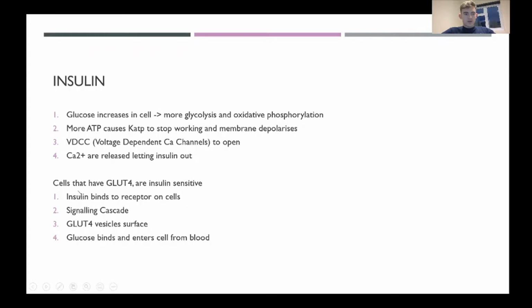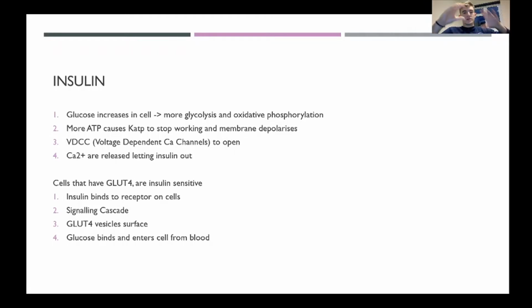So we talked about some cells, such as muscles and adipocytes, having these GLUT4 transporters, which are insulin sensitive. So coming back to that now. What happens when insulin binds to the receptors in the cells? We enter a signaling cascade via PI3 kinase, and this will cause these vesicles